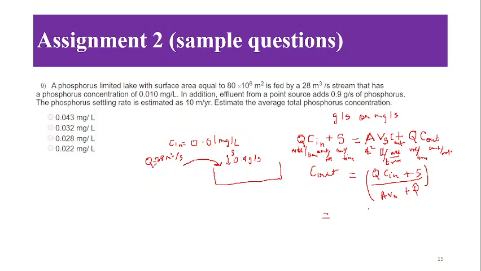So 28 meter cube per second will be 28,000 liter per second, into 0.01, plus S, which will give us the concentration rate of phosphorus in as milligram per second, and this is gram per second, so 0.9 gram per second, so it will be 0.9 into